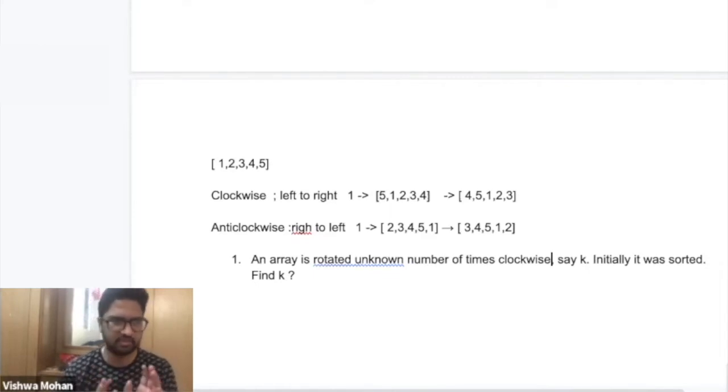Okay, you got the question? It is for everyone, guys. Can you guys think of something? So you have been given an array which was initially sorted, and then a person came and rotated the array unknown number of times, say k times. After rotating the array, you don't know what was the initial state. You only know that it was initially sorted. That array has been given to you, and now you have that rotated array. What you have to tell me is the number of times that this array has been rotated. Can you figure it out? Can you guys think of any logic for how we can solve it?